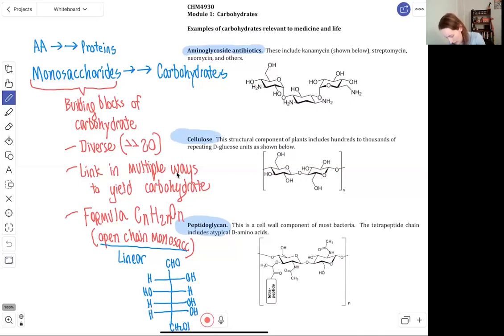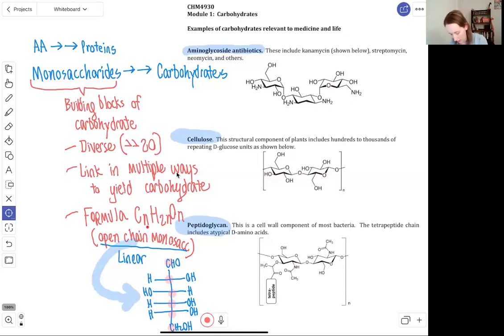So this would be an example of an open chain monosaccharide. In the case of this structure, if we were to count the number of carbons, hydrogens, and oxygens, we would see that there are a grand total of 6 carbon atoms. Remember that each intersection of these lines represents a carbon, so there's the carbon here and carbon here. So there's 6 carbons, so